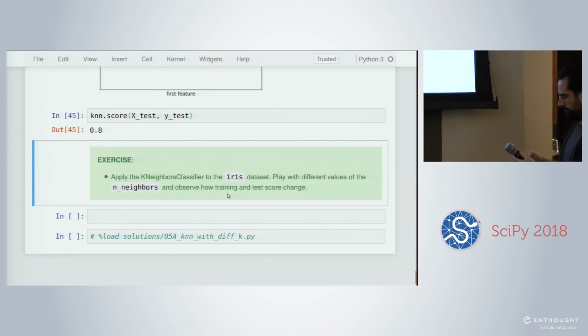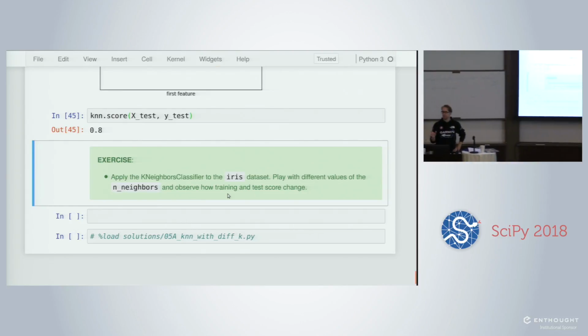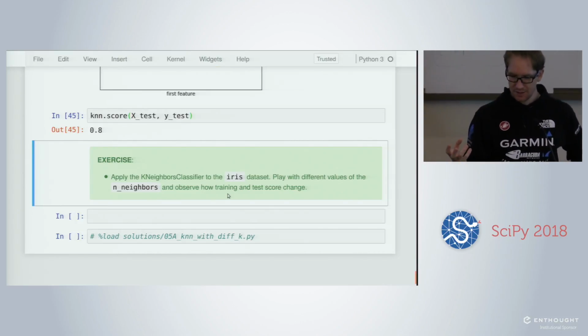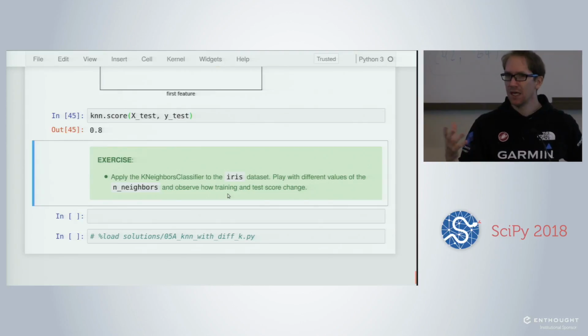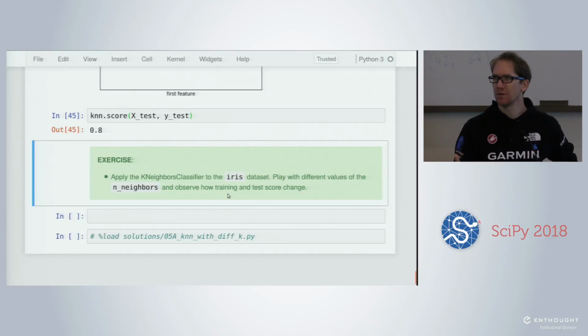Okay, so now the exercise is to load the iris dataset, because now we are playing with blobs. Load the iris dataset, play with the number of neighbors, and check what's the best trade-off, by splitting the data into training and testing and checking the results.